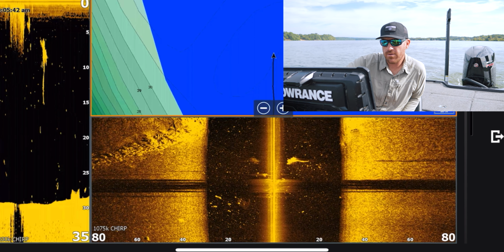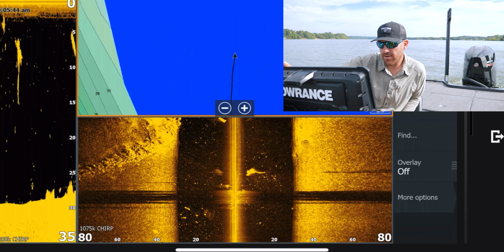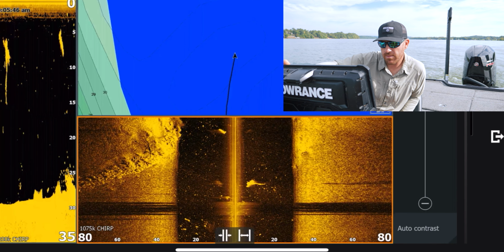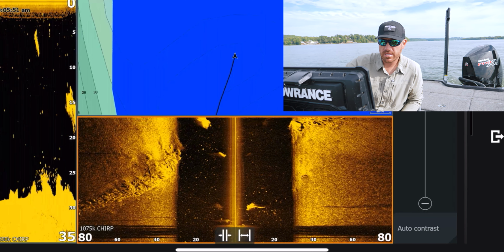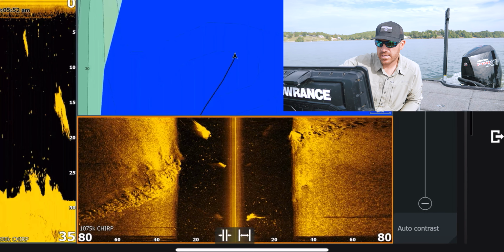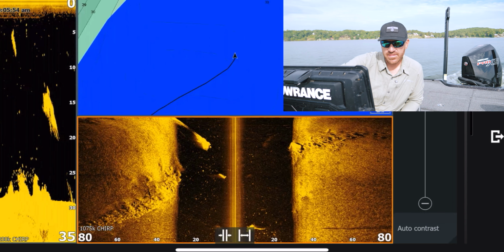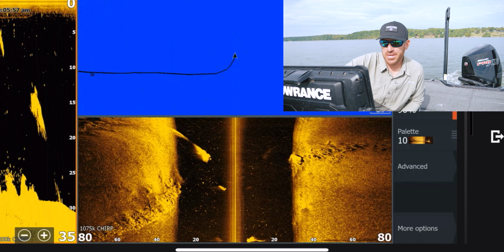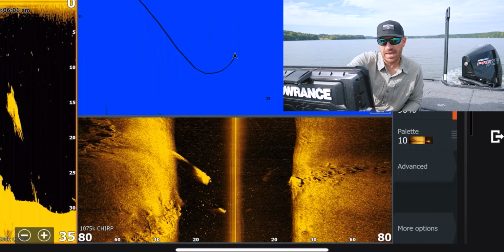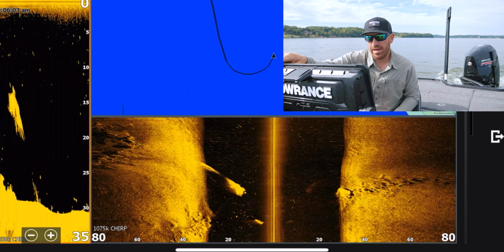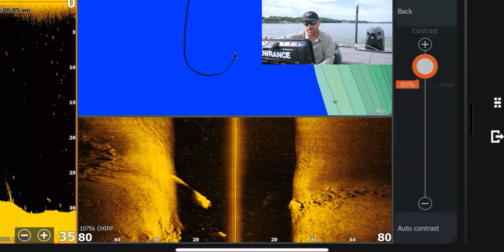We got a rock row, and I feel like my contrast is a little high. It's blown out a little bit. There's some fish down there on that. Very interesting. But you can sort of see, I even think over here on my left, so I'm sitting here trying to dial this unit in a little bit, I think it's blown out a little bit. So I'm gonna actually bring my